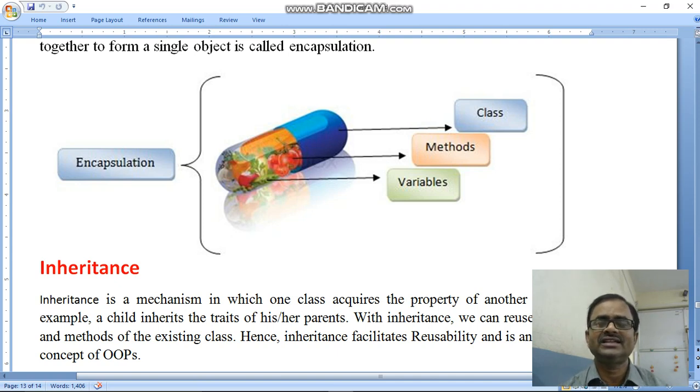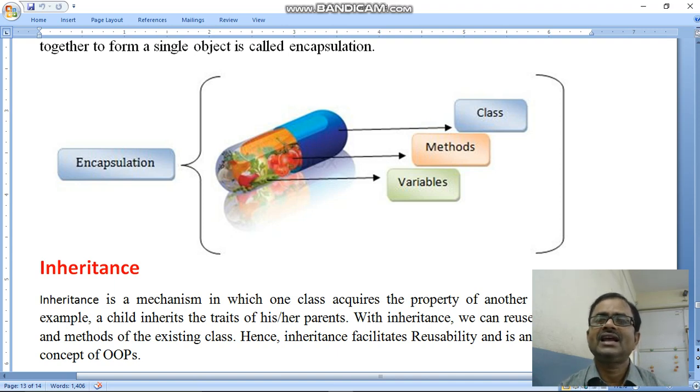From the outside you see that this is a capsule, but inside the capsule there are different types of medicine powders, and from outside it has one body of the capsule, containing different types of medicine. Like that, encapsulation in a computer program, the computer has a class, a method.